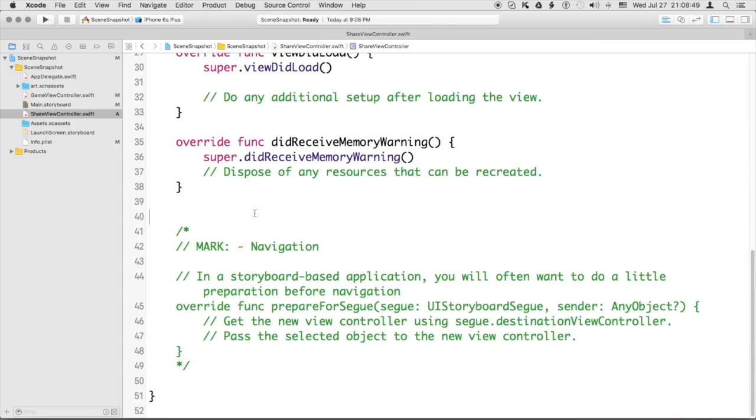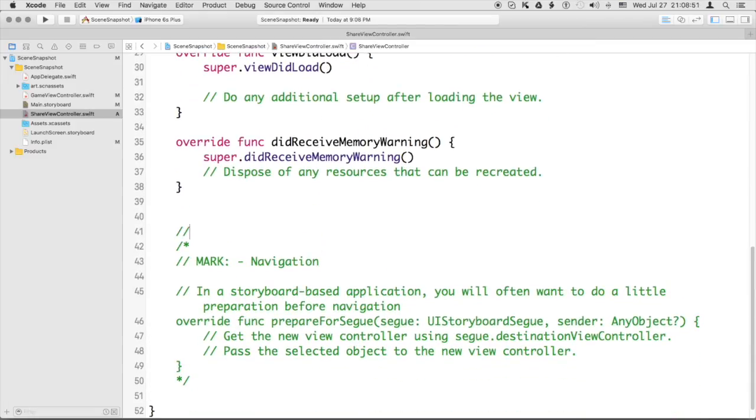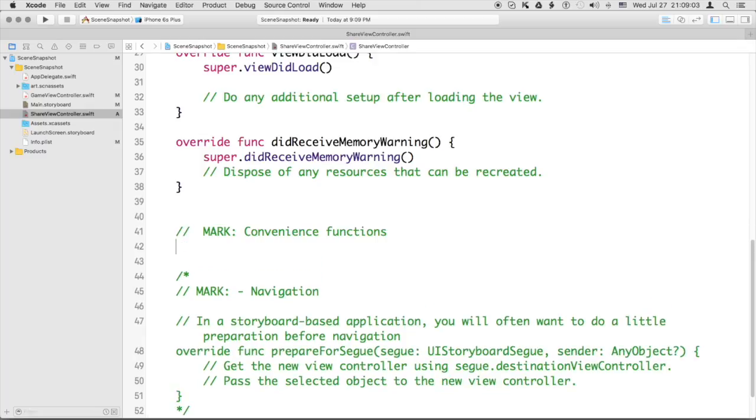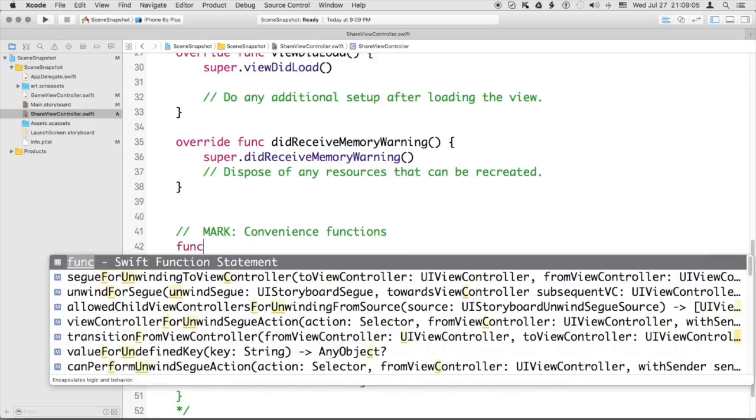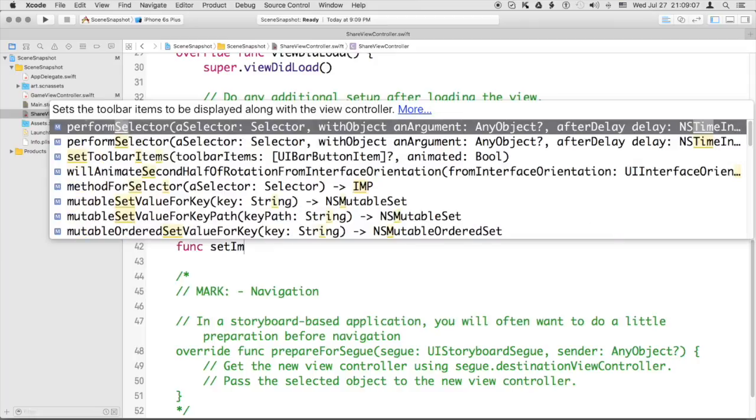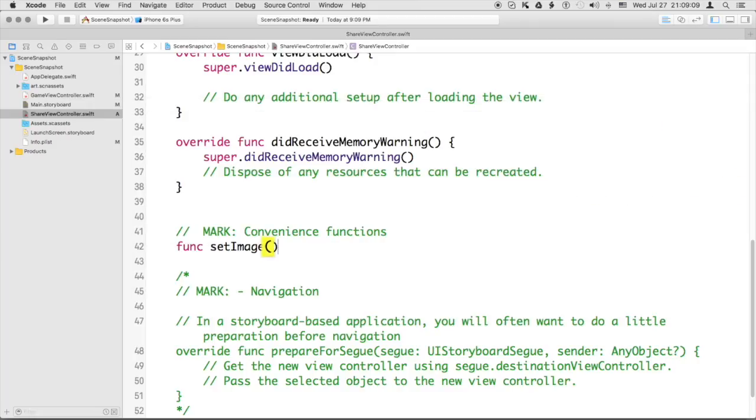Next thing we need to do is to create a simple convenience function to handle the presentation of the images within the image view. We call this function set image. It has no parameters,